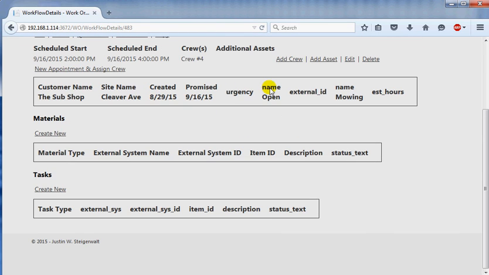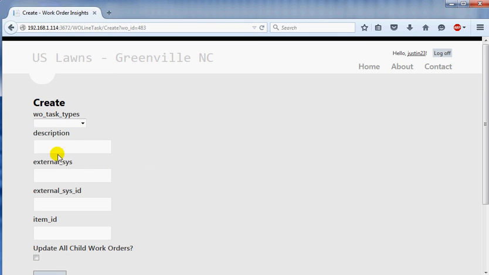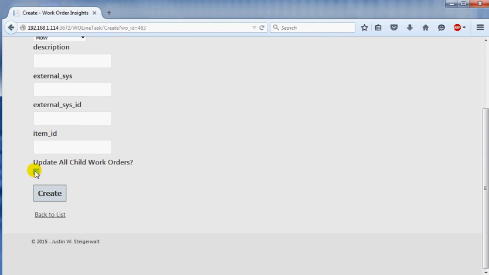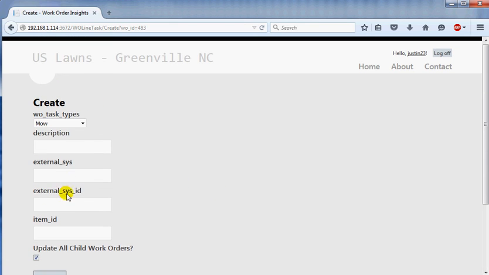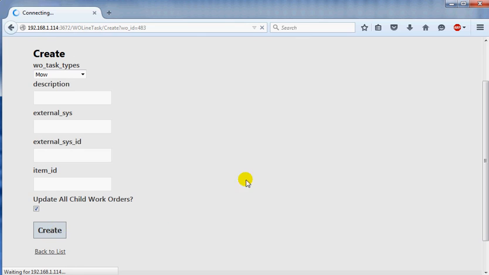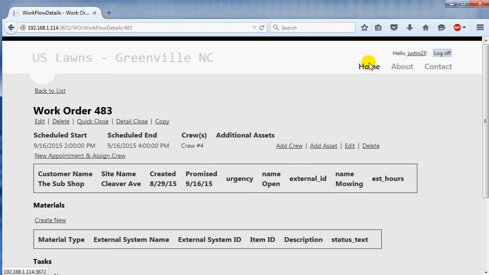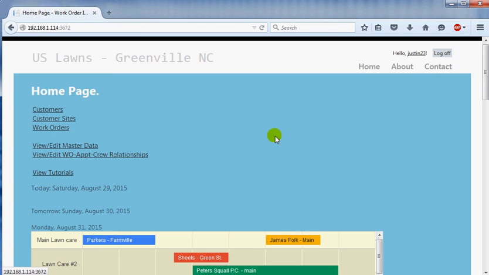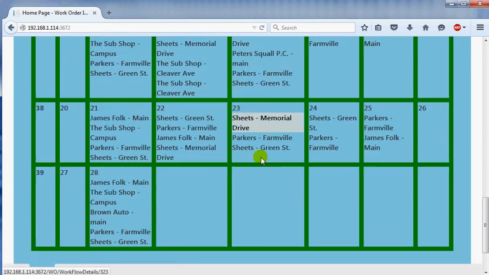Now, when we created it, we didn't actually give it any materials or tasks, but we can do that, and we have to mow. Now, I just did that one work order, but if I say update all child work orders, it's actually going to create this task for any of the work orders that are part of this family that we created, the 48. Create, and now if I go home and I pick another